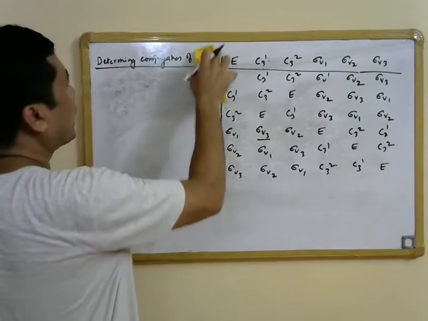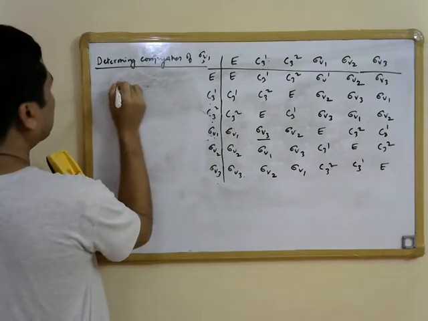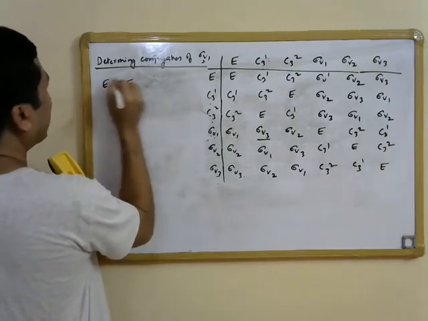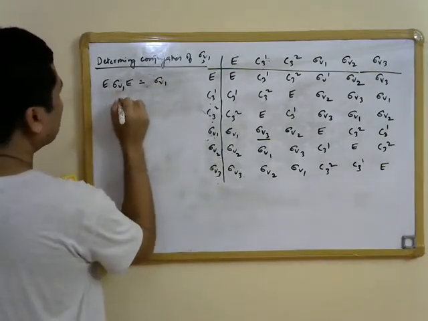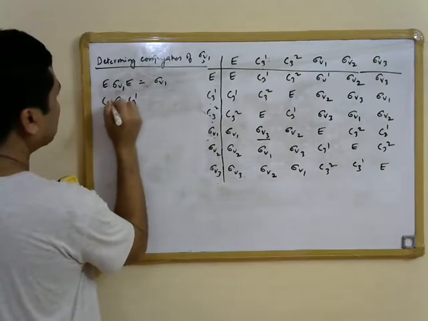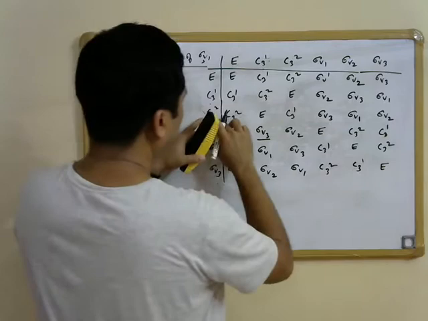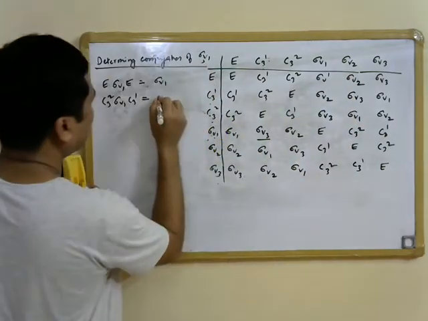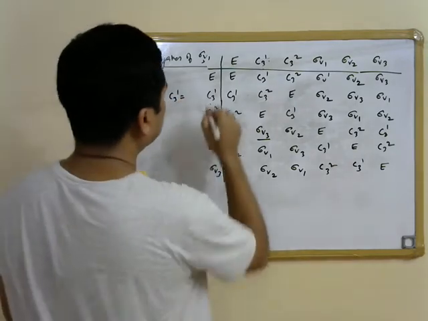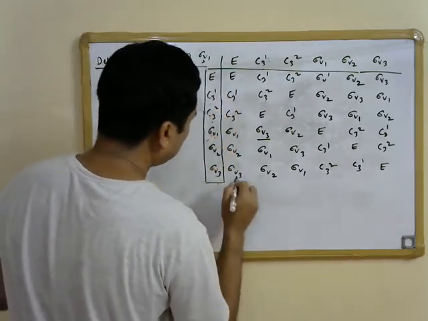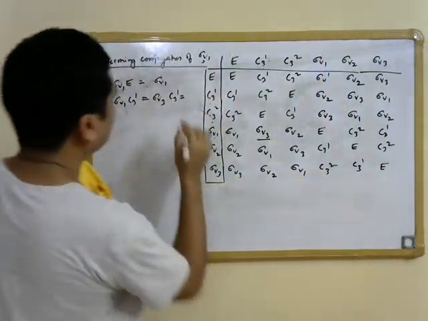Then let us proceed and find out the conjugates of sigma v1. So let's do identity, sigma v1, identity inverse. Sigma v1 is a conjugate of itself. Then sigma v1, c31, c32 over here. This is going to be c32 sigma v1. c32 sigma v1 is sigma v3. Sigma v3 c31 is going to be equal to sigma v3 c32, which is sigma v1.